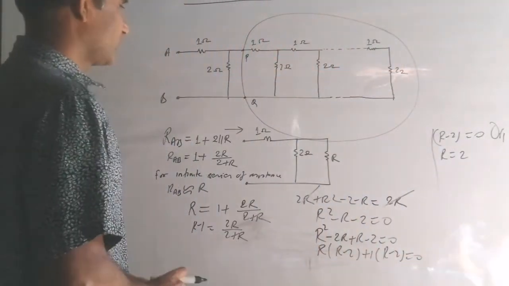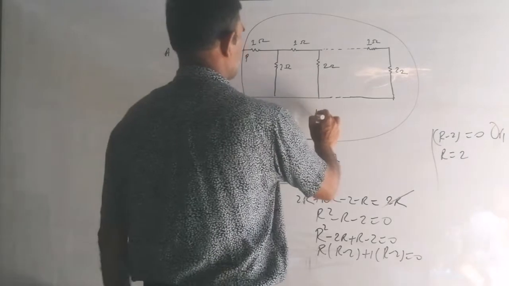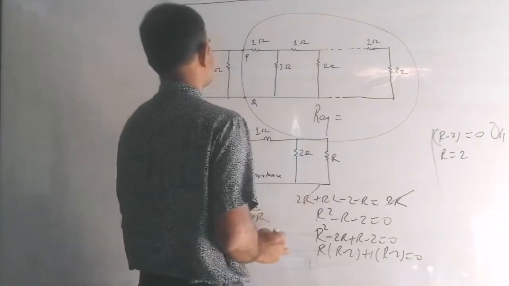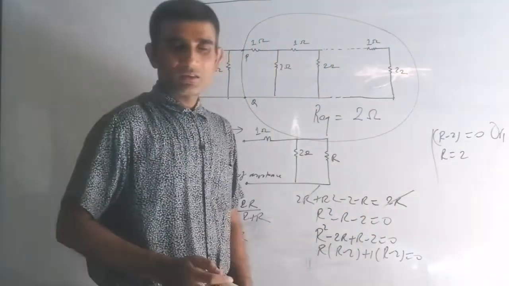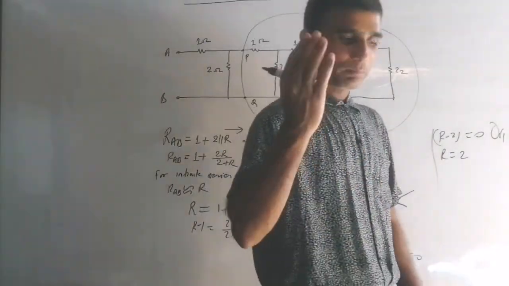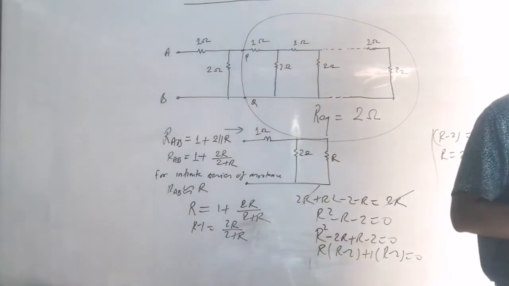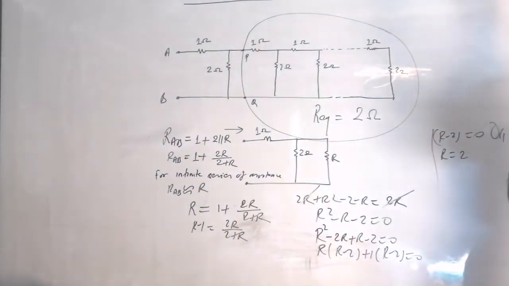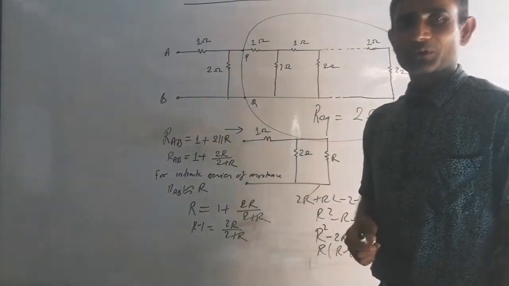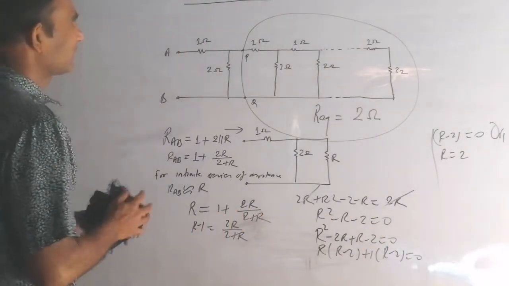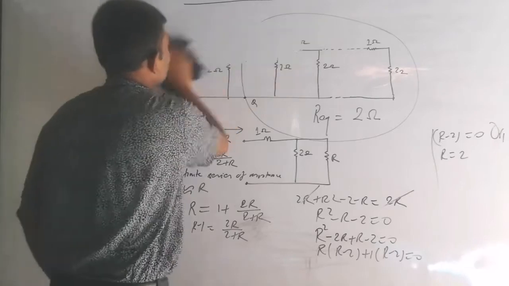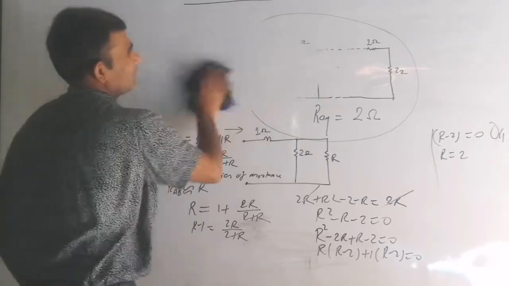So what answer are you getting? You are getting your equivalent resistance, R equivalent of this infinite series, just 2. What is difficult? Tell me. Come on, you can tell. No, but pay proper attention. Everything will be easy for you. Okay, and so this was the question. And next, let me move to the next question.